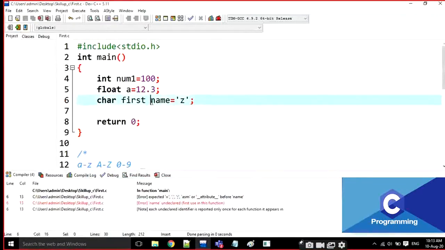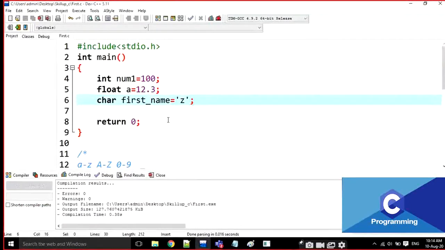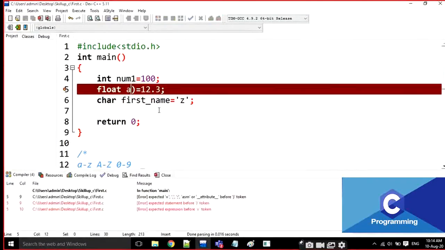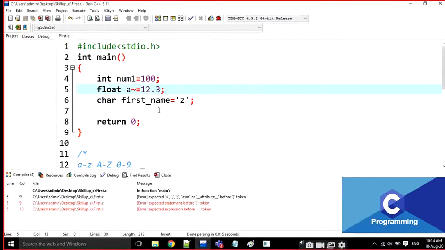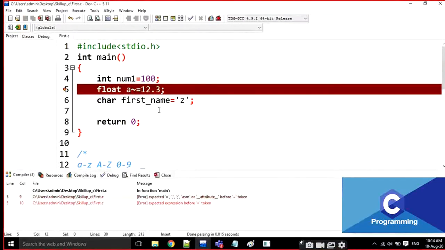There are no spaces here, right? If you want to write any space, just use underscore. If I am going to compile it, there are no errors. For example, if we mention some other special character, that is a bracket or anything else, and I compile it, look at the error here. There is no other special character except underscore. Any other special character is going to give the error every time. We have to use only one special character, that is underscore.